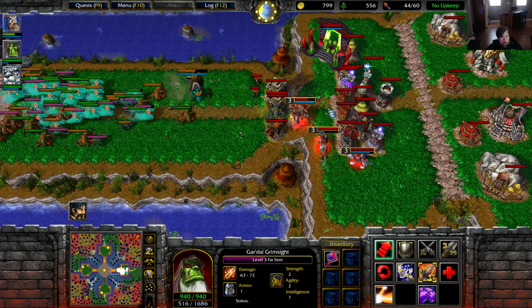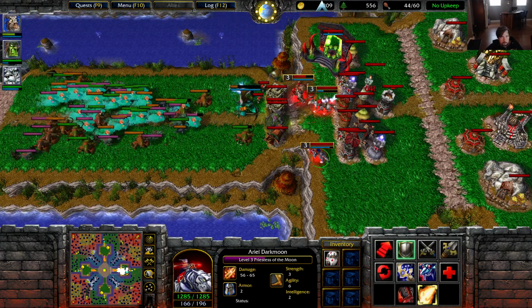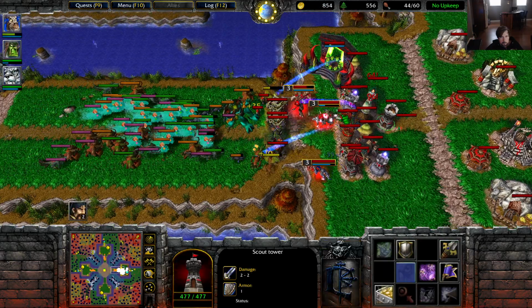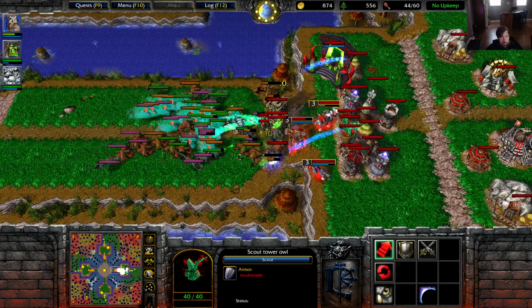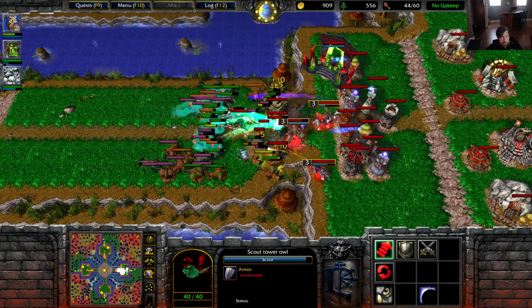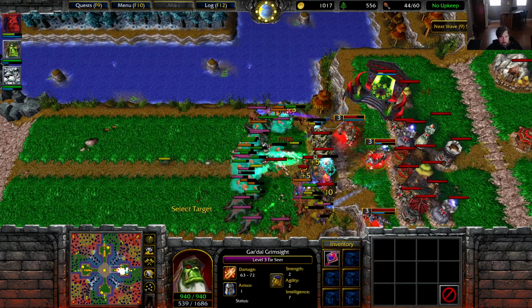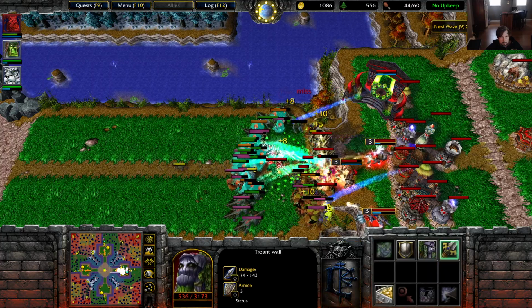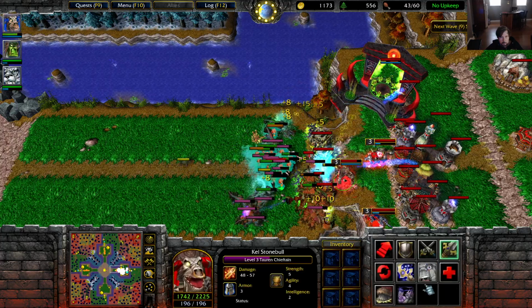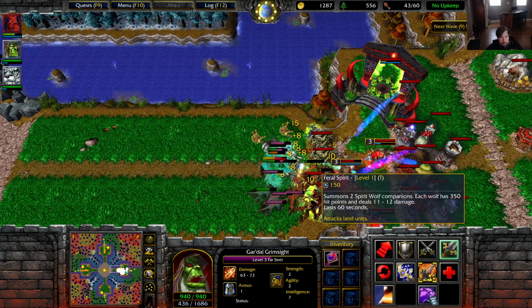Let's see how this works. Yeah, so there's some stealthed enemies there, but we want to reveal. So I'm gonna make an owl, and yeah, let's. Trent Wall's going down, but yeah,